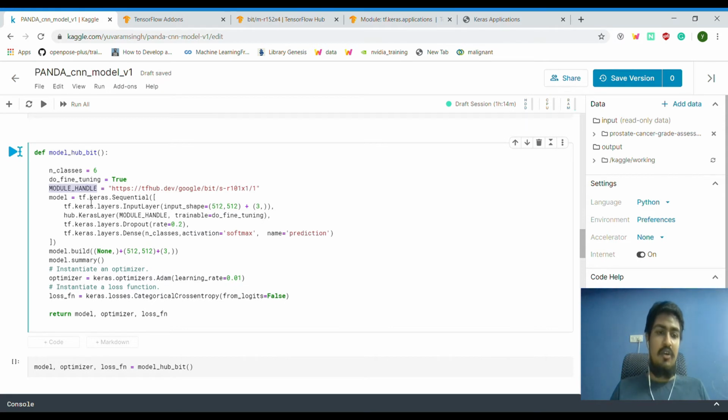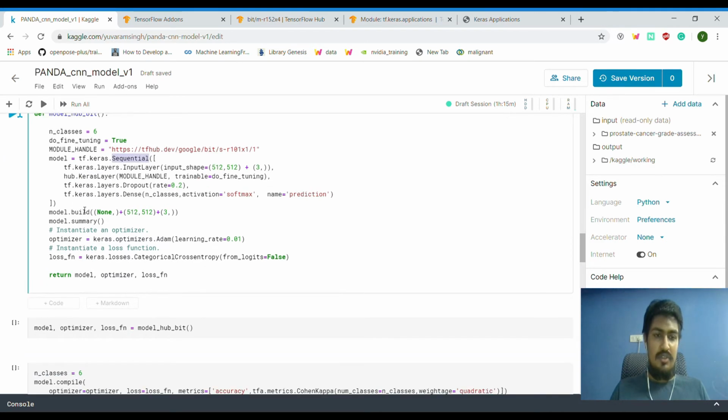How you need to do this is you have to use the hub.KerasLayer function, where you can download and load everything you need. That's how it works. Here I'm just going to make a sequential model. I found this one more useful, easy to do actually.